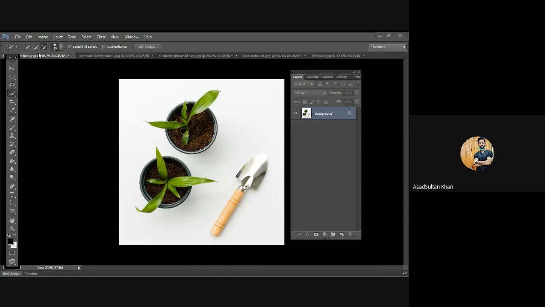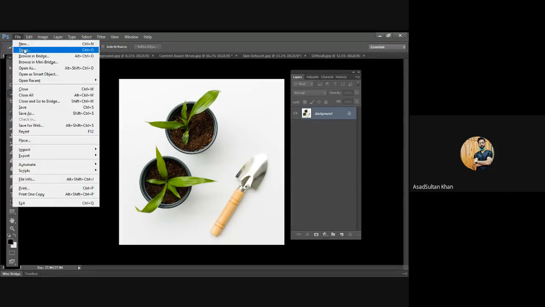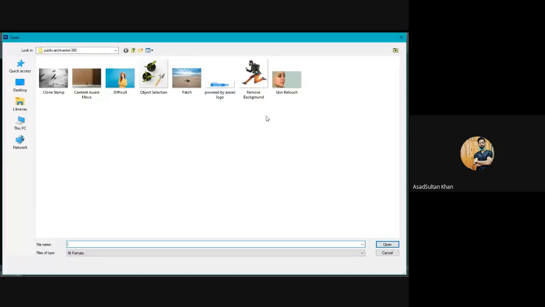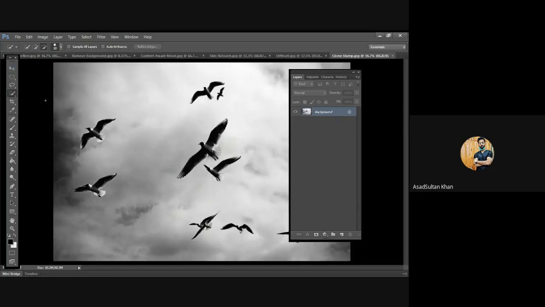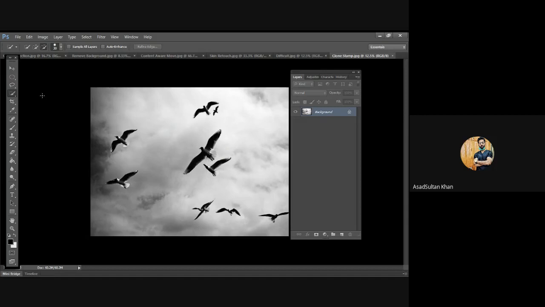So when we open Photoshop, we're gonna see a screen like this. So I'm gonna start with the very basic thing. We're gonna see this file over here, and we're gonna open an image. So जो मैंने practice files आप लोगों को भेजी हैं, these are all the files that you can find in the practice files वाला folder. Let's say we open this one. All right. So now the picture is loaded basically. This whole section is the toolbar. So you can see all the tools here. This is the bar where you can like find file, edit, image, adjustments, layers.